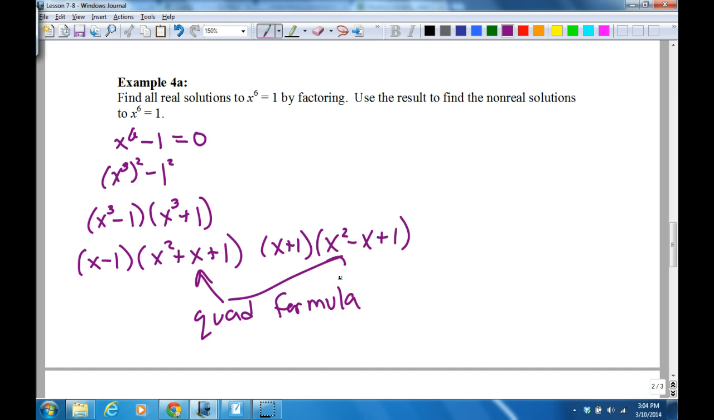Okay? So, even though it may look really, really complicated, you can break them down using chunking. Okay? So like